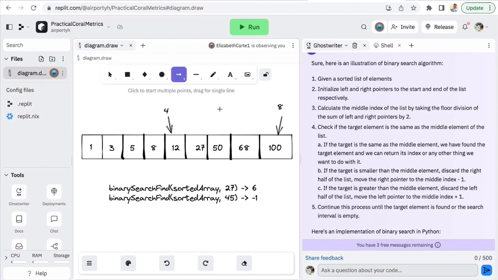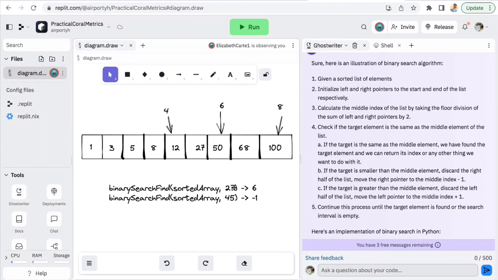With the formula, it would be 4 plus 8, 12, divided by 2, which is 6. I believe that's this, like 0, 1, 2, 3, 4, 5, 6. Yeah, this is right. So this is 6,